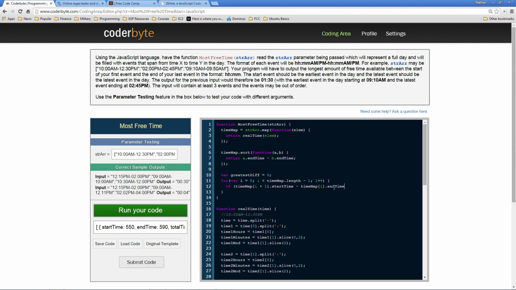The end time is going to be the greater number, and it's already sorted. So if we look at this, the end time is 590, and the start time is 840, since they're sorted ascending. So we're subtracting 590 from 840, right? Okay, so if all that is greater than greatest diff,